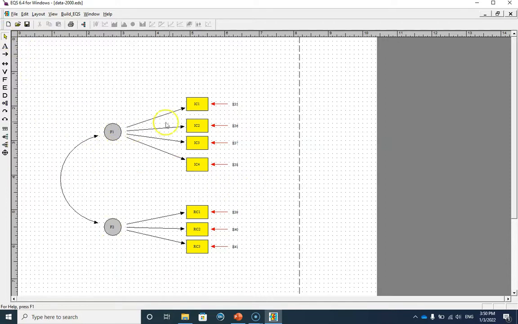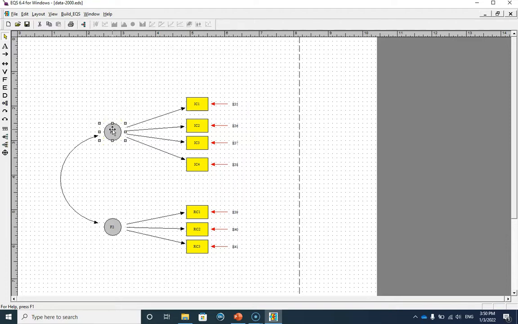as you can see, I don't have any scaling item here. So, as you already know, in CB-SEM, you have to fix one of the factor loadings to 1, or you can alternatively set the variance of the factor to 1. So it's up to you. In the previous example, we set the first factor loading to 1. Now I'm going to set the variance of the factors to 1 in this